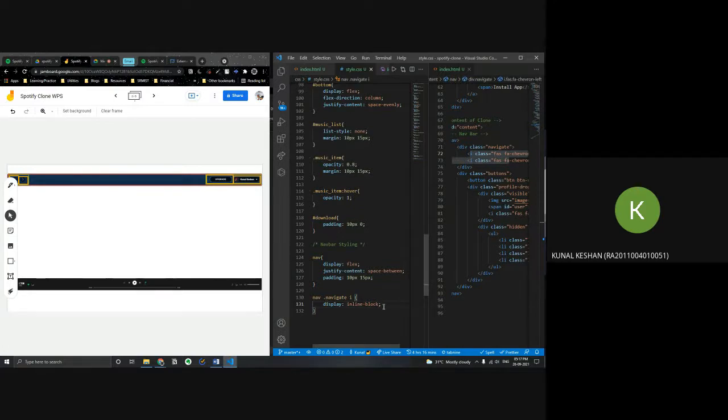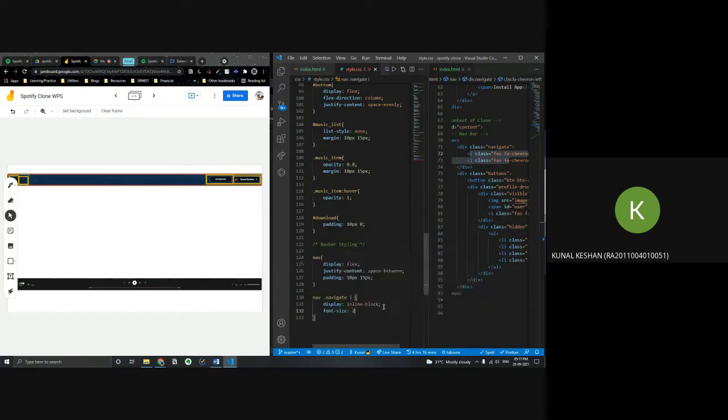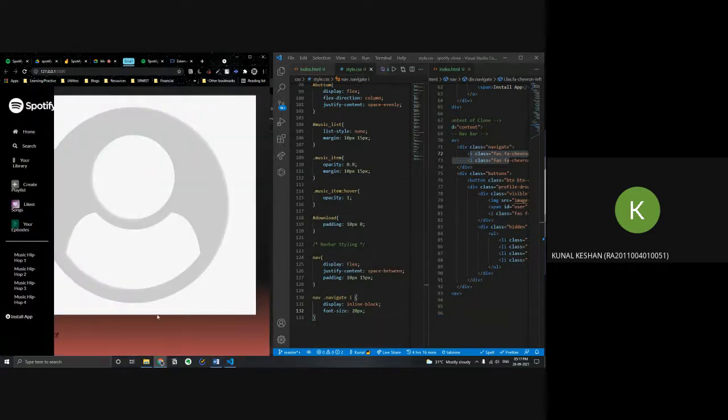Next we increase the size by 20 pixels. Let us see. Right, it won't be visible yet. That's all right.